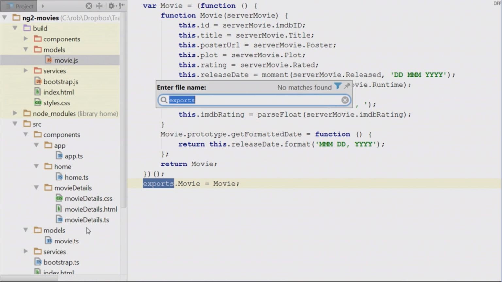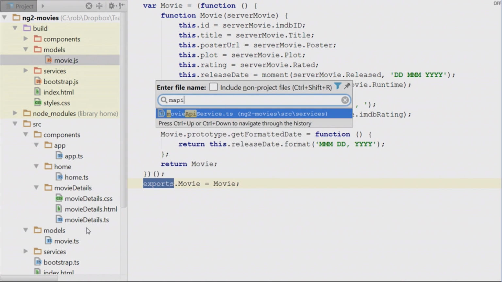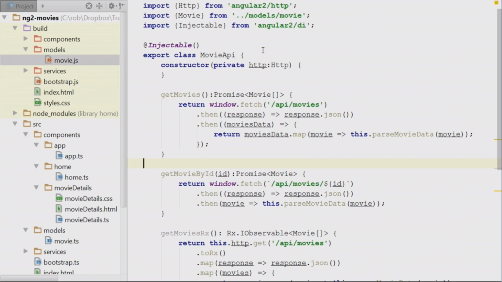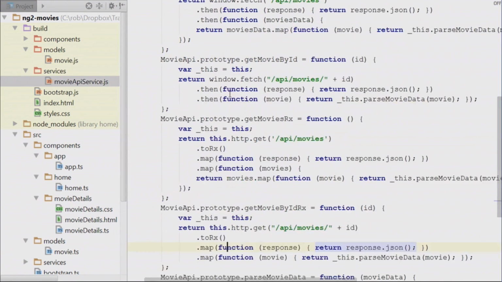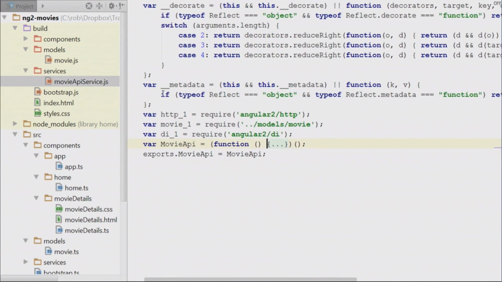I have a movie API service. And this is injecting Angular's HTTP service. So that means that we're going to actually need to output this type information so that Angular can figure it out at runtime. So when this gets compiled down to JavaScript, there's some extra stuff in there. So we take a look at the movie API service. Here's basically,